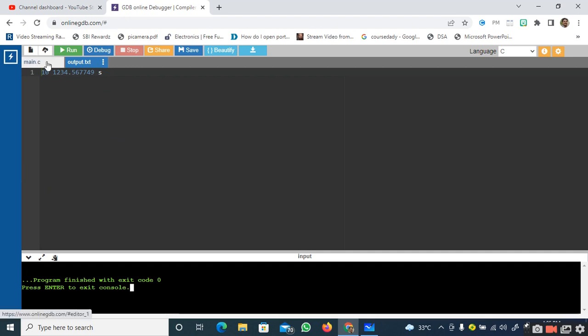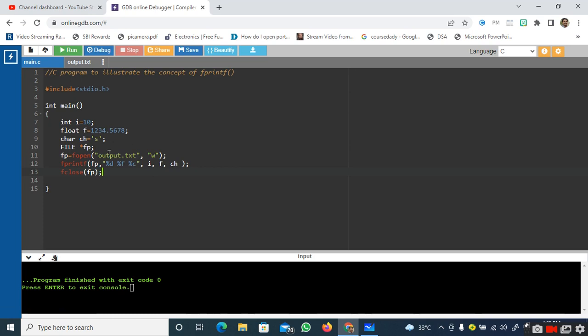So you can see here that this is my main program where I have written my source code, and the file output.txt does not exist initially. But since you have opened it in the write mode, in the previous sessions we have discussed that when you open a file that does not exist in the write mode, then a new file will be created and the file pointer will be pointing to the first location.